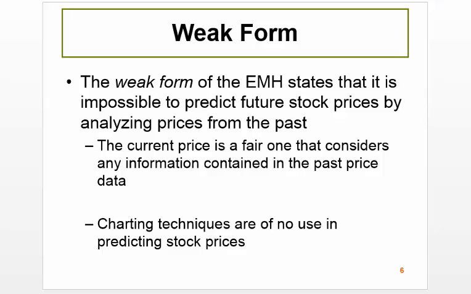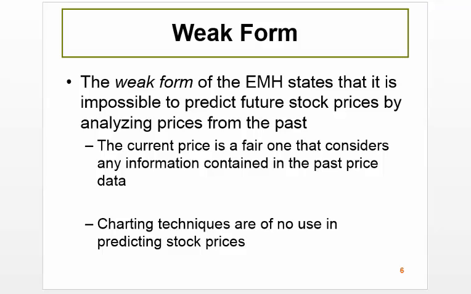So we'll start with what's known as the weak form of the efficient market hypothesis, and it pretty much states that there's just no way that you can predict future stock prices based on any information that you've gotten from the past. Now, if any of you have ever heard of day traders, these are people that will often look for patterns, or sometimes they're called chartists, and they're charting patterns within past information, such as price movements or volume changes. And what they're really looking for is a pattern that they think they could maybe buy low, sell high, or catch some kind of momentum swing or whatnot, and make money off of a stock.